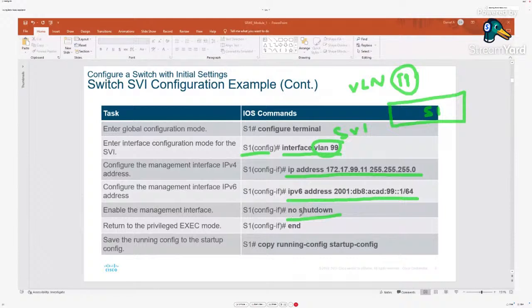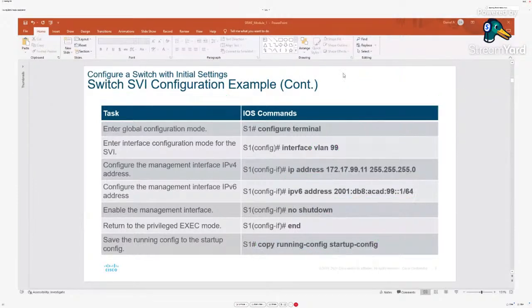At this time, this SVI is ready to just access remotely, right? So definitely we are going to save our configuration file. Otherwise, switch may not be configured with this management access. So this is just the example of how we are going to configure our SVI, right? SVI-ችንን የስዊች ማኔጅመንት ኢንተርፌሳችን እንዴት ኮንፊገር እንደምናደርግ የሚያሳይ ነው።